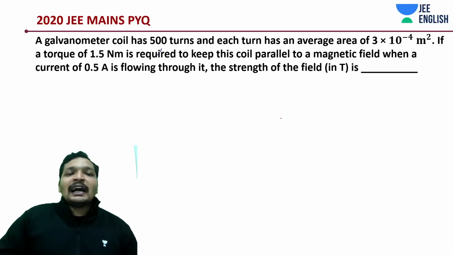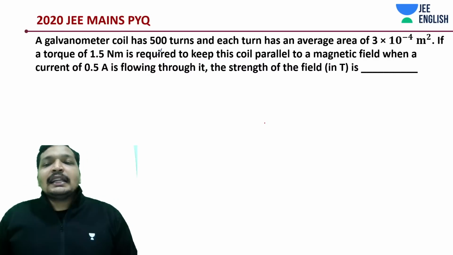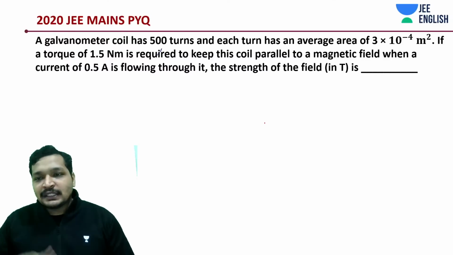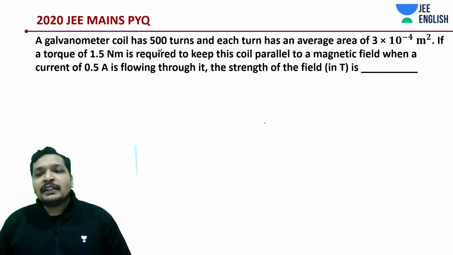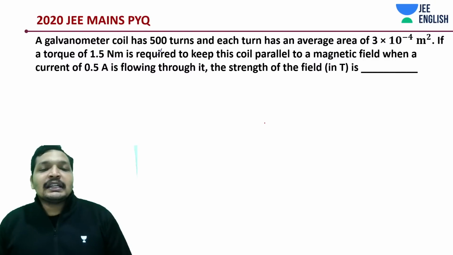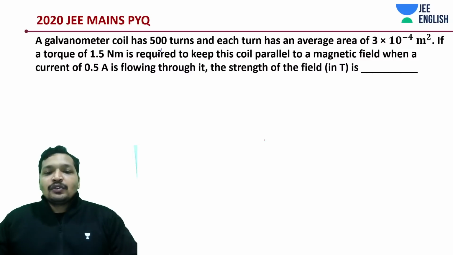So a galvanometer is there, and this galvanometer has 500 turns, and each turn has an average area of 3 into 10 to the power minus 4 meter square. And if a torque of 1.5 Newton meter is required to keep this coil parallel to the magnetic field. So what they are saying is,